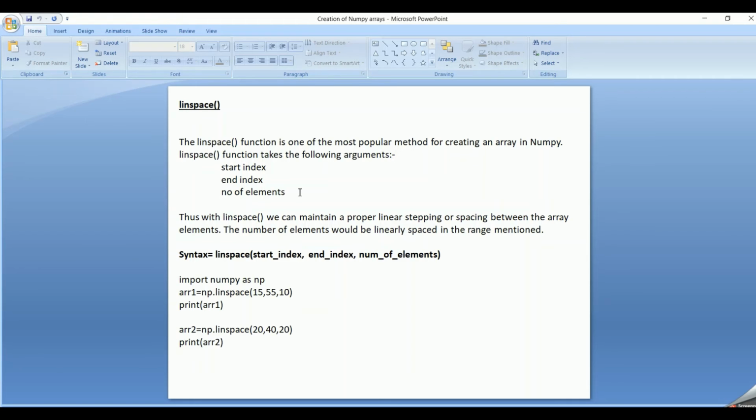So here we are specifying the number of elements. When we use linspace, it helps in proper linear stepping or spacing between the array elements. We get proper spacing between the array elements. Syntax is linspace, start index, comma, end index, comma, number of elements.